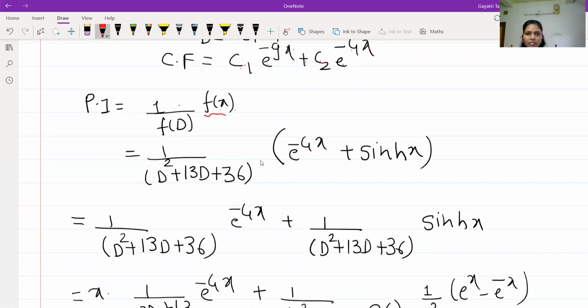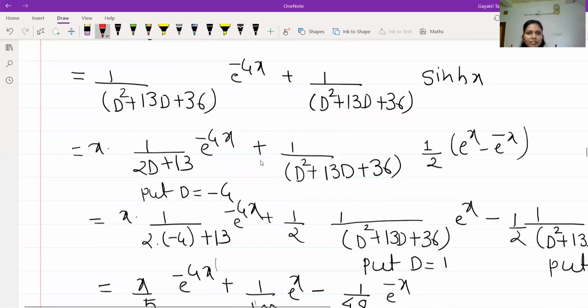Now see, what is this f of x? It is the addition of the two terms. So I have to give the brackets. If I do not give the bracket and write down the term in this way, e raised to minus 4x plus sinhx, what does it imply? This term is multiplied only to the first, not to the second. So this is the wrong one. So you have to give the bracket. Multiply to the first term, then multiply to the second term.